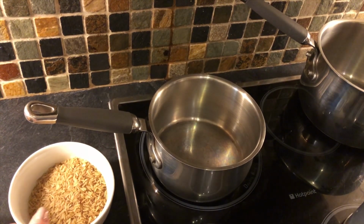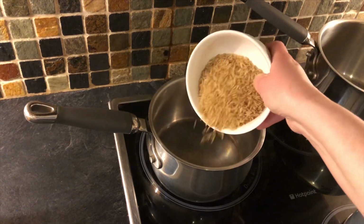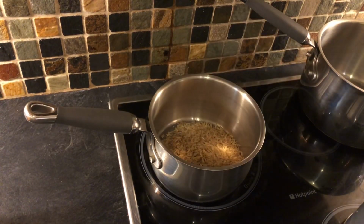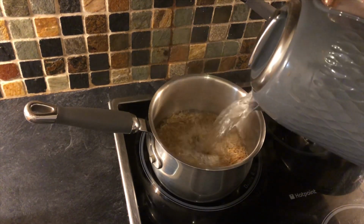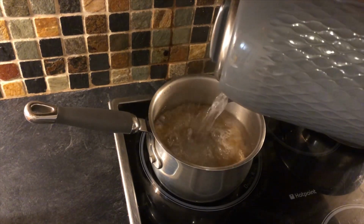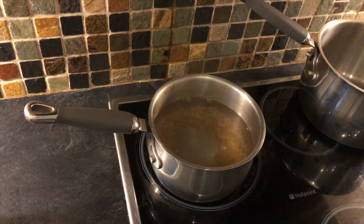So now I'm going to pop the rice on. Because we have some naan breads with our curry today, I'm actually going to put only 50 grams per person of brown rice in. So I've got 150 grams there for a family of 3. Fill up with some boiling water. Normally you need twice the volume of water to what you do for rice. And then I'll pop that on